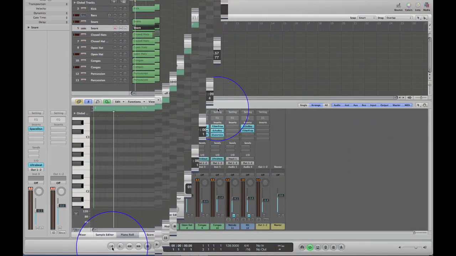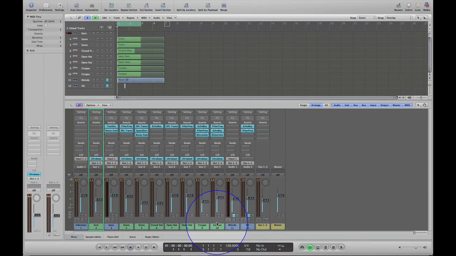Okay, what I've basically done is I've just brought in a melody and a quick hit, just to help me work around and get an idea of where this loop's going. And all I've done is, you see that I've just given it a basic mix down, to set a few levels, and if you listen back to it now,